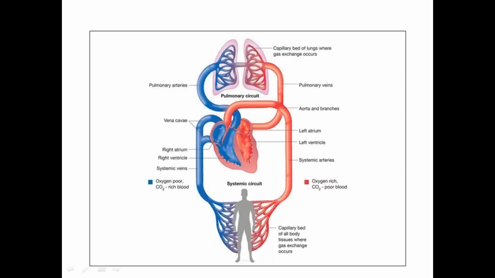Suppose you see the left ventricle, it is pumping blood from the left ventricle into the aorta. This movement of blood will happen only when the pressure in the left ventricle is more as compared to the pressure in the aorta. Then only the blood will move from higher pressure to lower pressure. Now, because of some reason, there is an increase in the peripheral resistance. That means the pressure is increasing in the aorta. When the pressure is increasing in the aorta, your heart needs to contract more forcefully. Then only blood could move, because blood will always move from high pressure to low pressure.